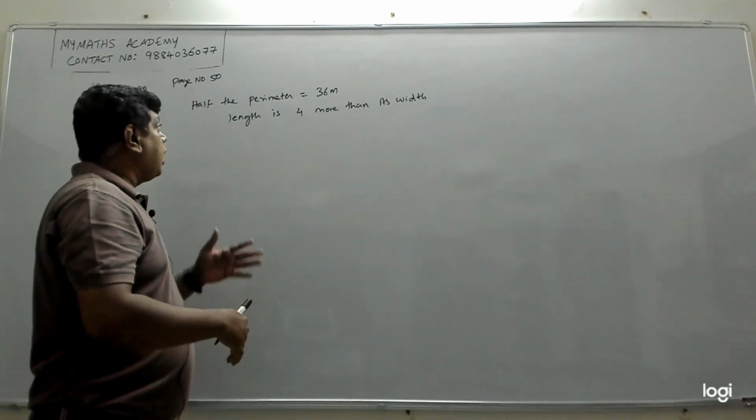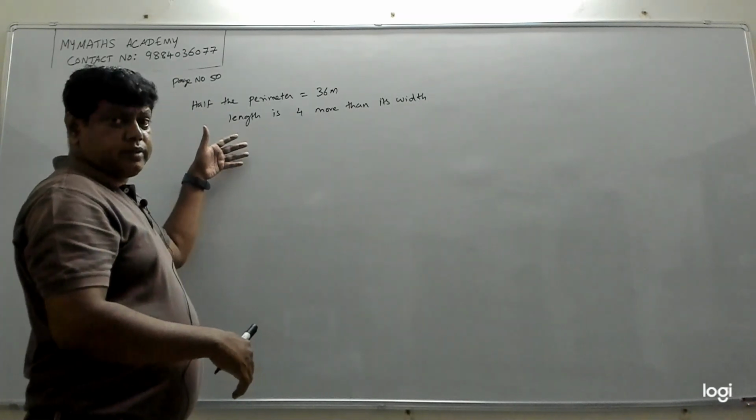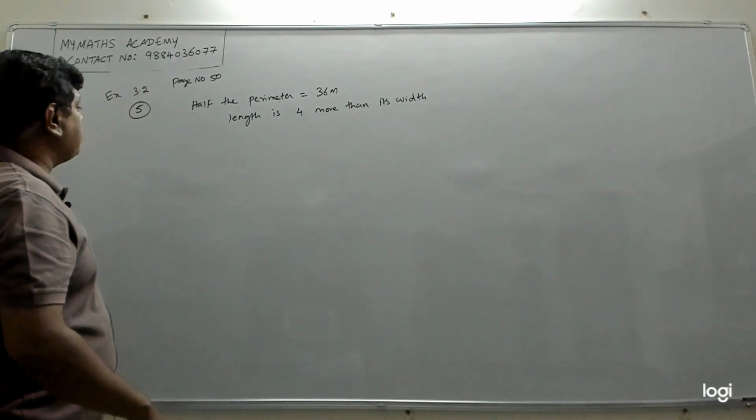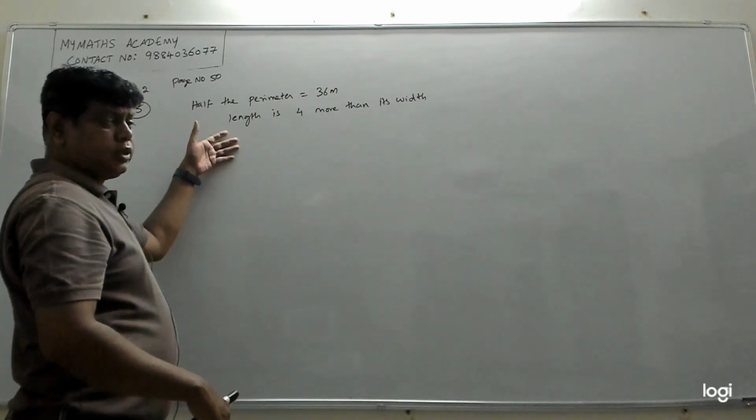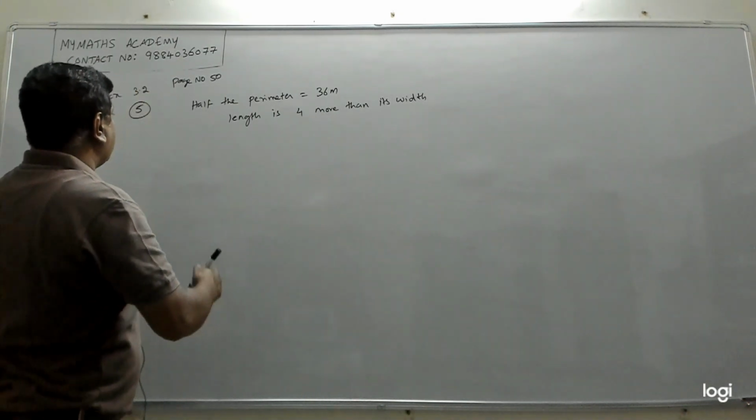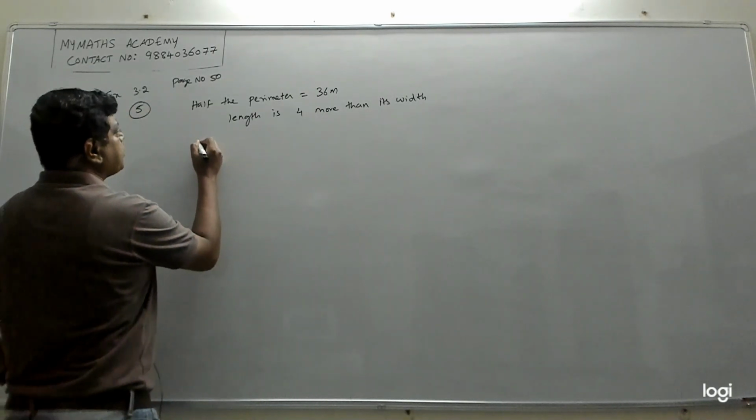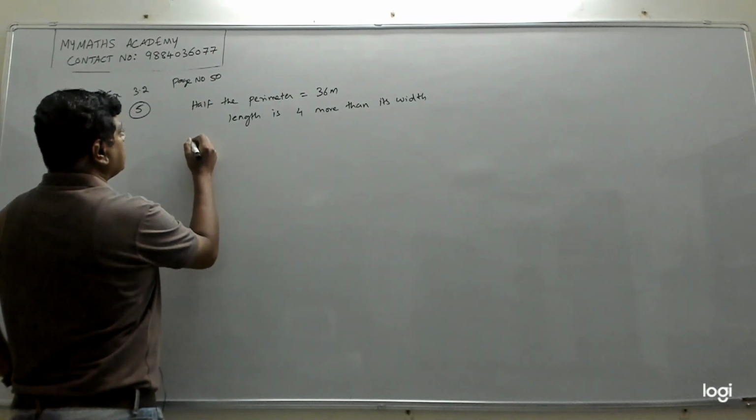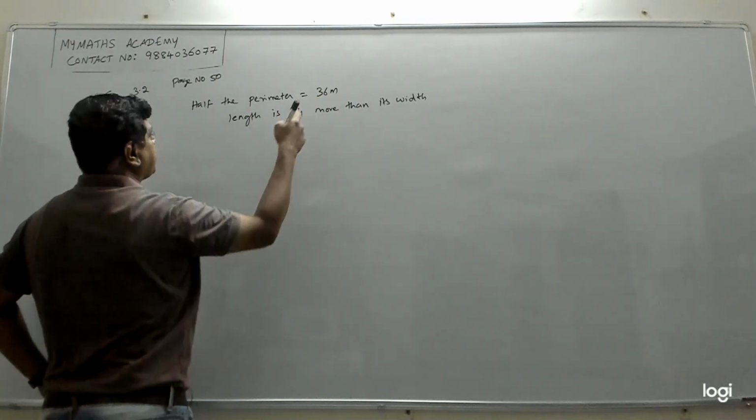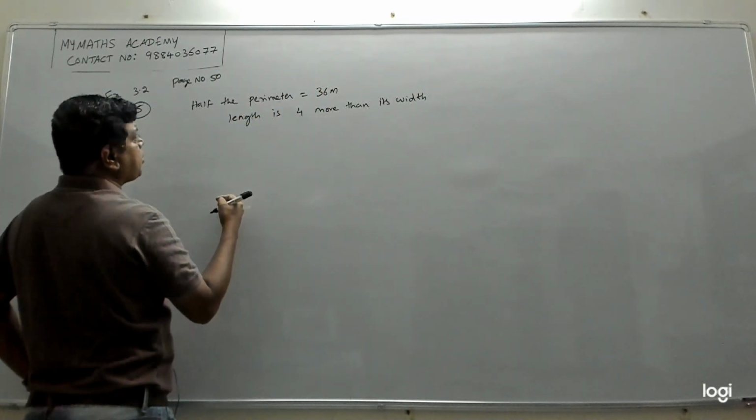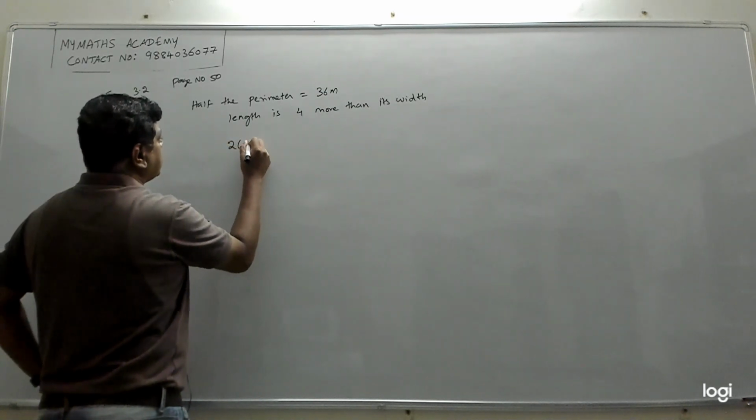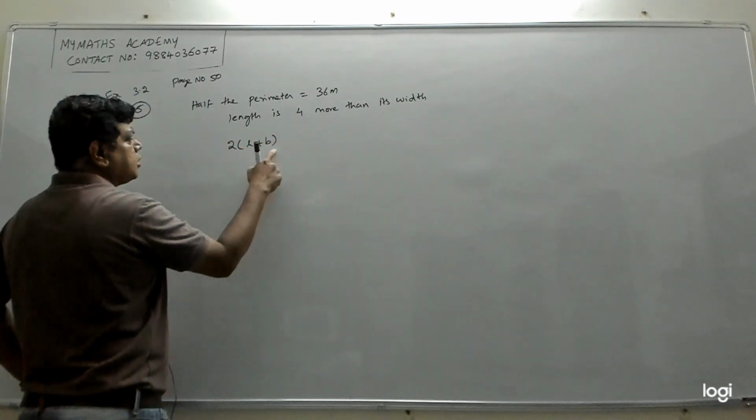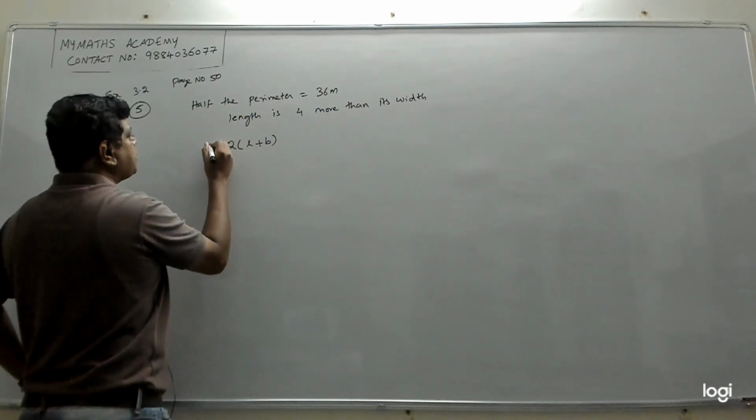So I will do this problem. We'll have to convert this into linear equations in two variables, and then we should solve. Okay, so let's do it. Half the perimeter is 36 meter. So what is the formula for the perimeter of a rectangle? Perimeter is 2 into L plus B. That is the perimeter, but we need half the perimeter, which means 1 by 2 of